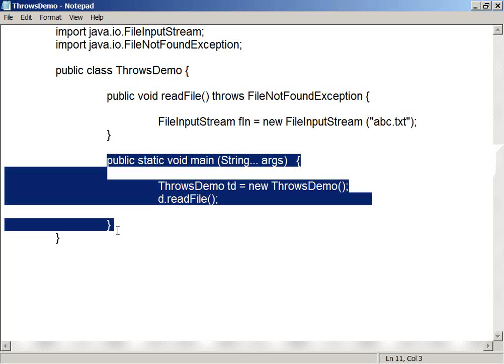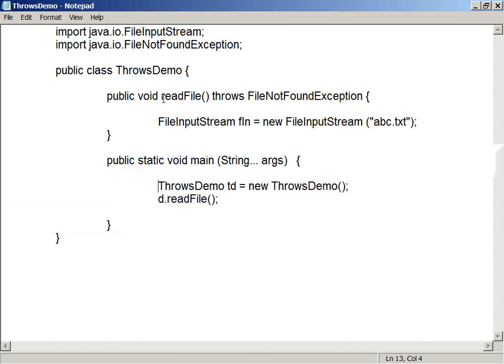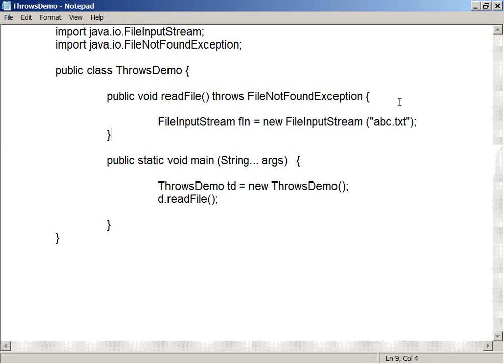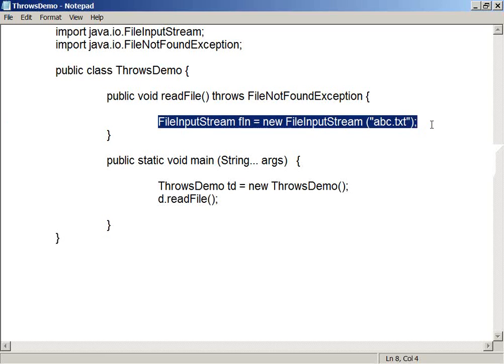Right? So what does it mean here? Whoever calls me, that means a method call is nothing but what? I want to execute this method. Some code is there inside this method. Don't look at this statement.